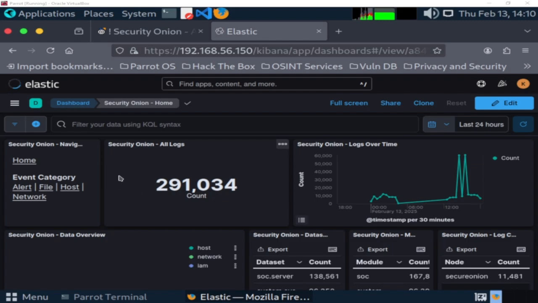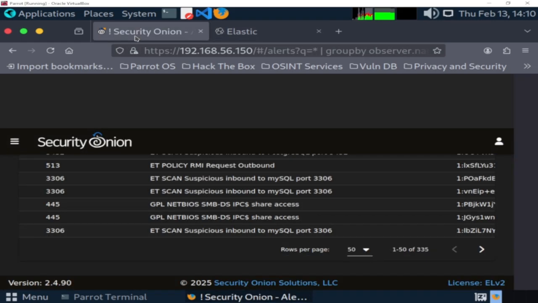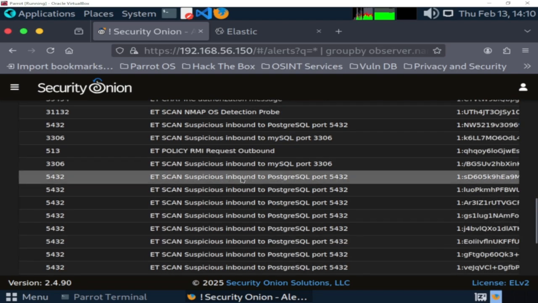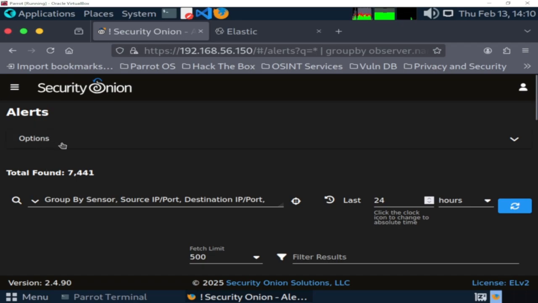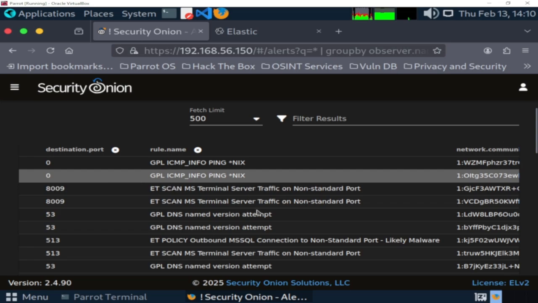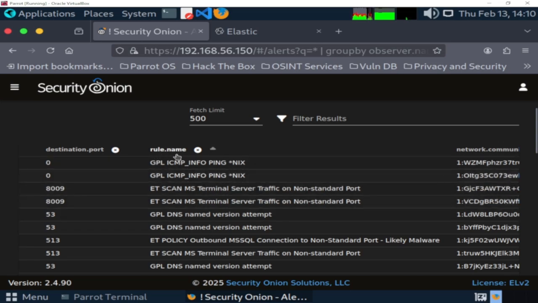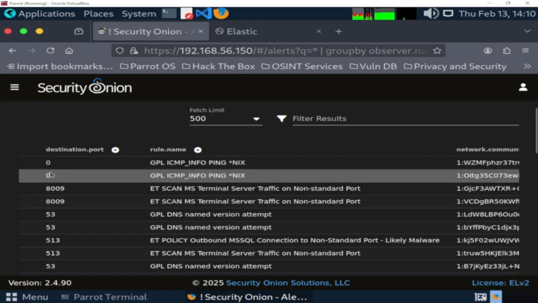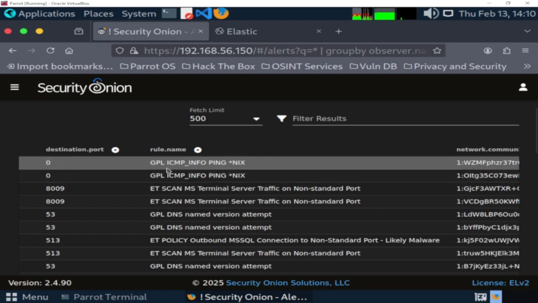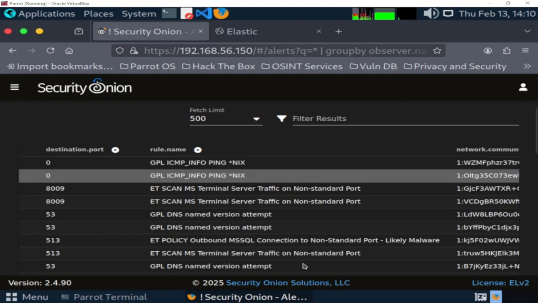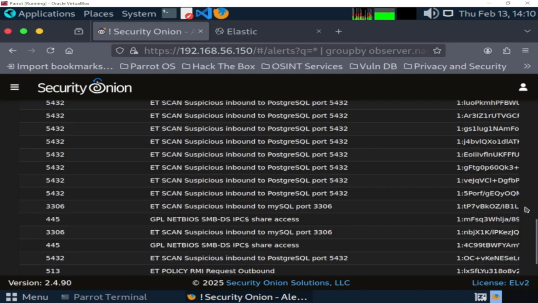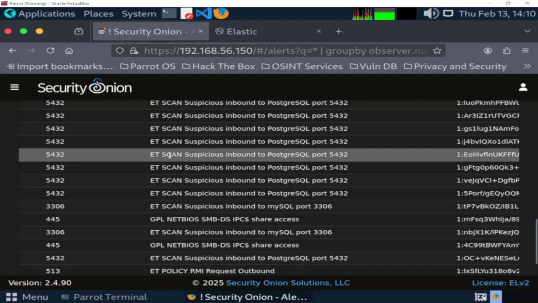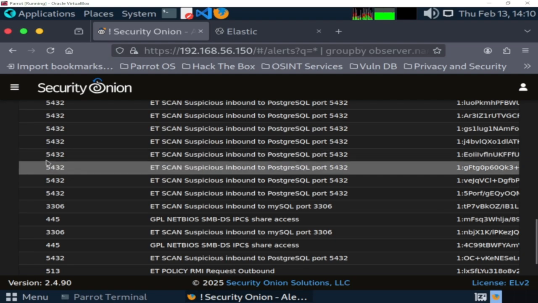Kibana is up, and we also have here the alert screen, which I showed you earlier. So this shows us the real name. Like this, as you can see, doesn't have a destination port. It's ICMP, and let me bring this down. So these were the nmap scans, as you can see, and it went to port 5432, which is PostgreSQL,